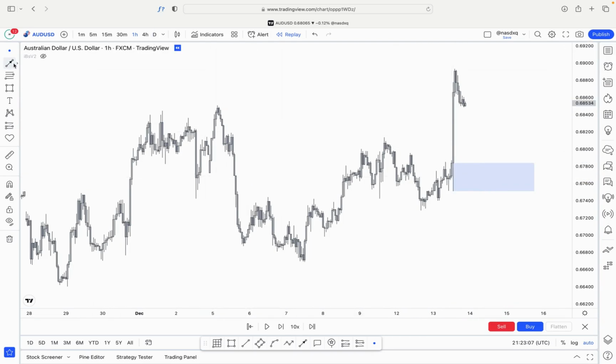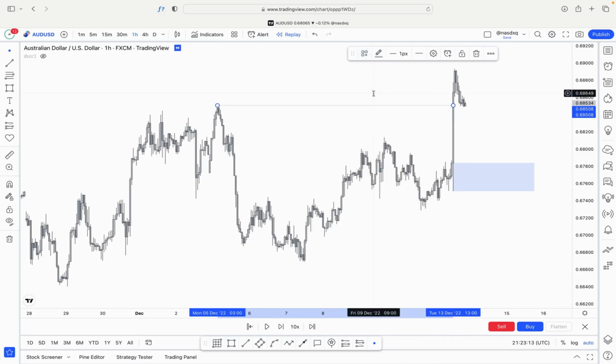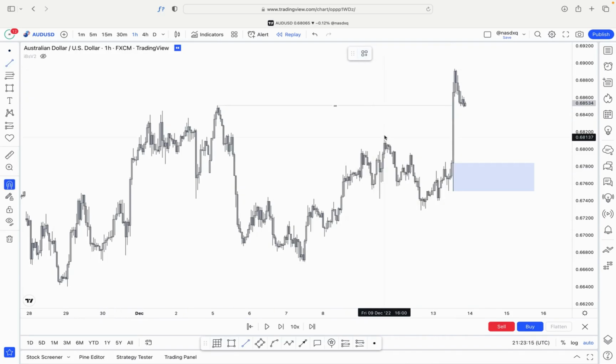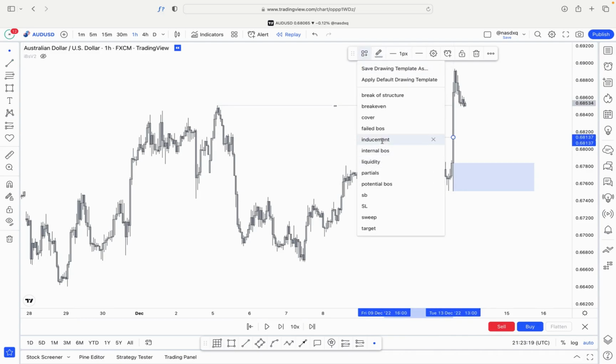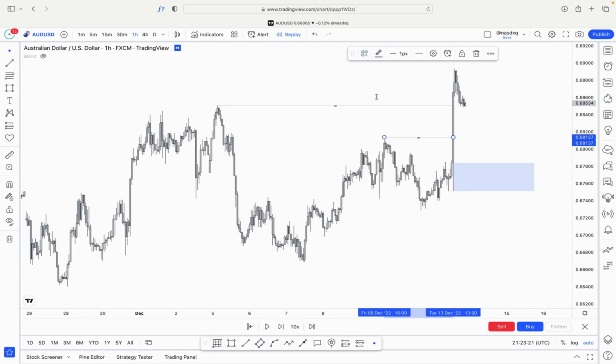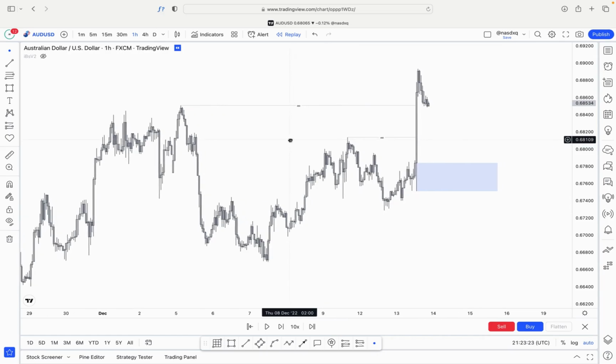So obviously we've got the traditional structural break. We've got multiple ones. We've got the big one here, and then we've got the minor internal structure break here. So it's clearly evident that we are bullish at the moment. So I wouldn't be looking for any sells unless you're looking to sell maybe into this demand, or maybe a little bit lower, because we do have